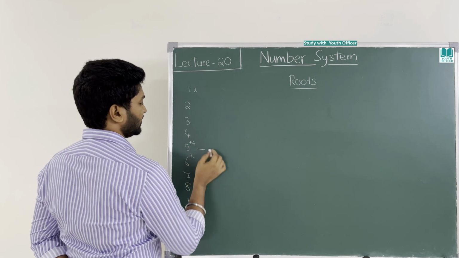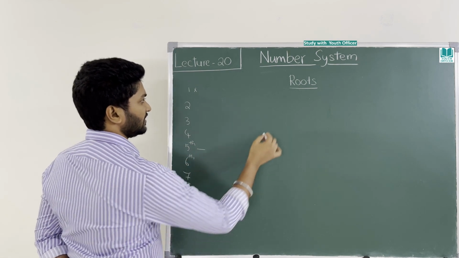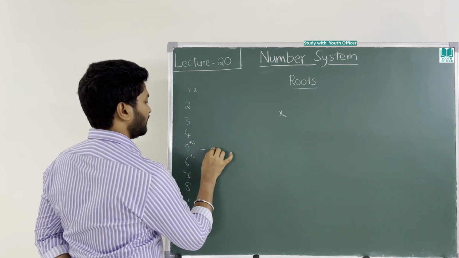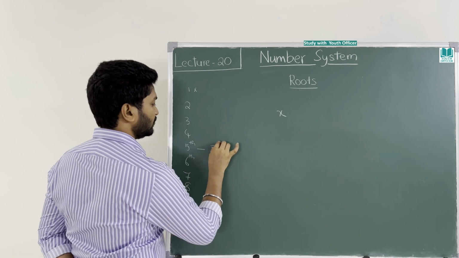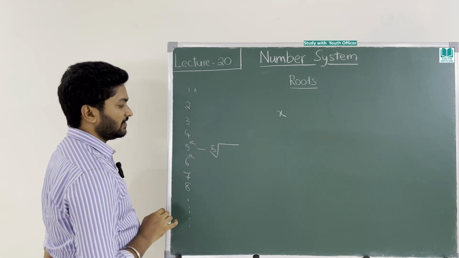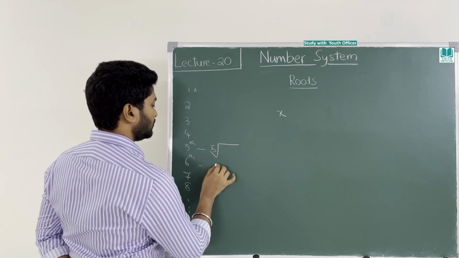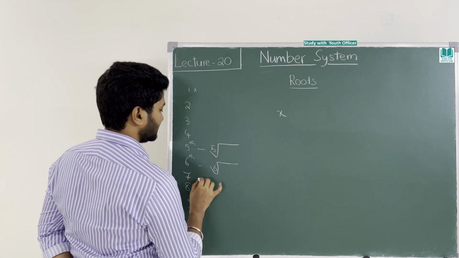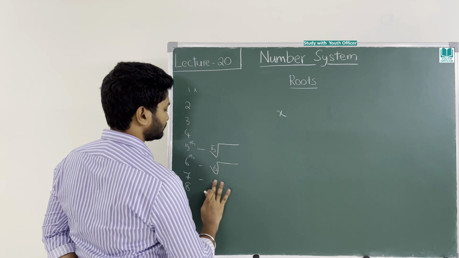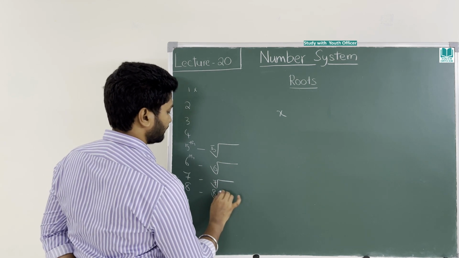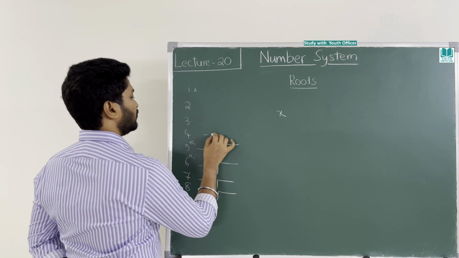How do you calculate? If you want to calculate root for some x, how do you calculate? 5th root means this is how you represent it. Okay. 6th root, 7th root, 8th root, 4th root,